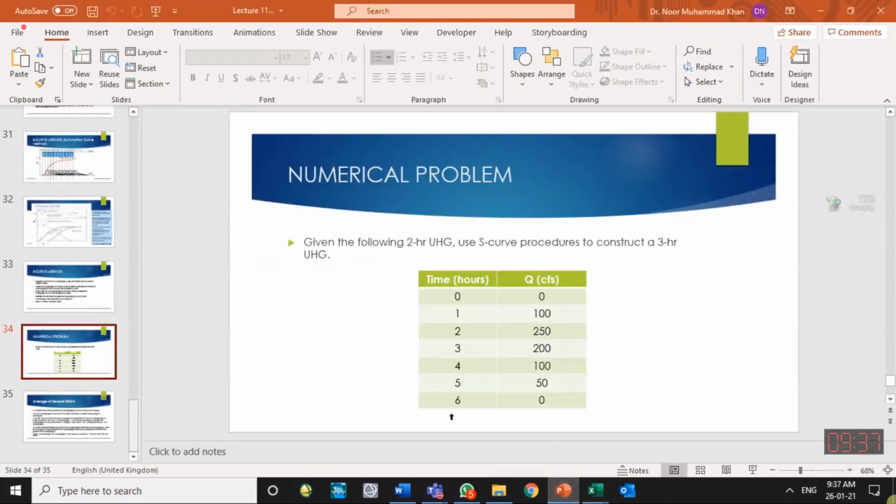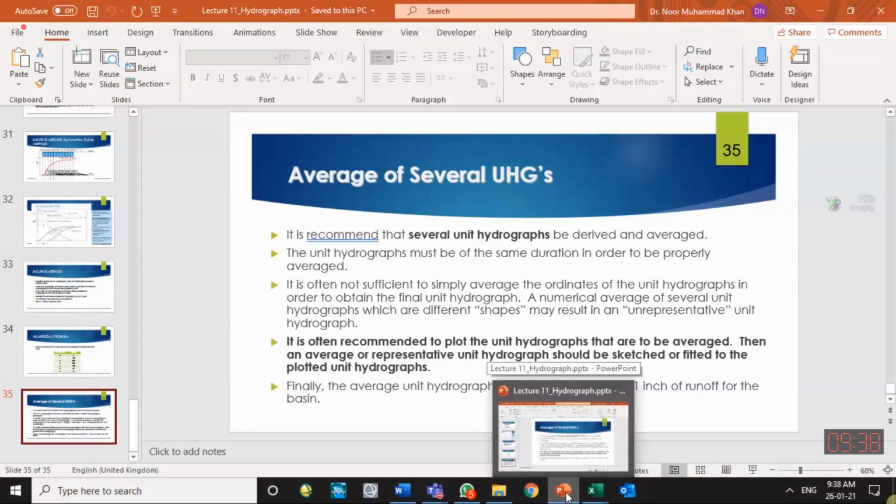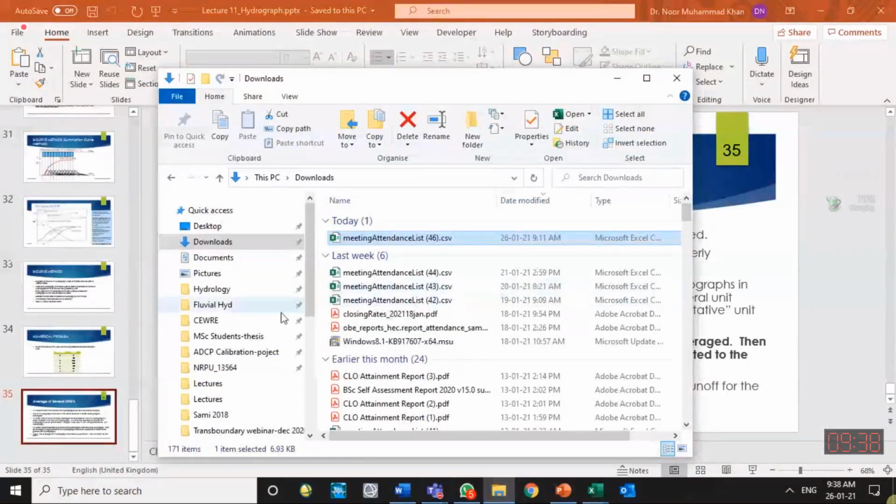So if you have any question, please welcome. So that is the end of this part, hydrographs. What we have learned is the factors affecting the hydrographs, the method of separation of the hydrograph, how to make a unit hydrograph, and how to convert a unit hydrograph. So that was in the previous lecture and in the current lecture. So I stop it over here, and I am starting a new part so that we can finish it in a timely manner.